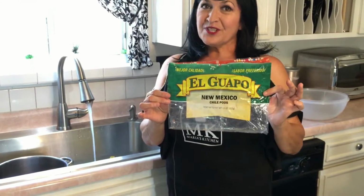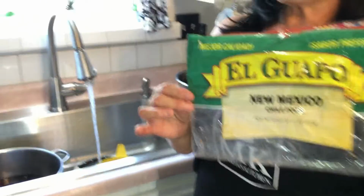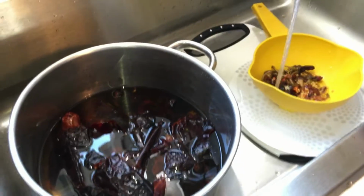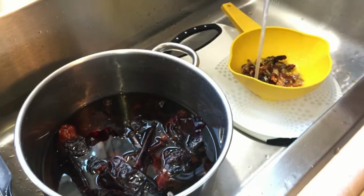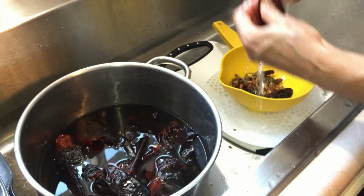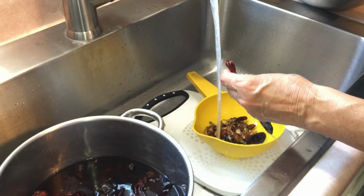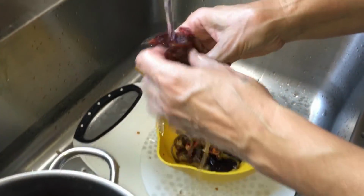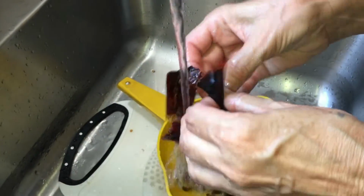I gotta let you know, it's a lot of work when you want to make tamales. So here we go. I'm going to show you how to do one pod. So what you're going to do is you're going to take the top off, and I'm going to lower this real low. You're going to want to clean the inside from all of the seeds